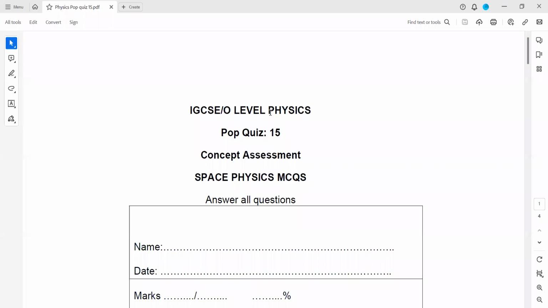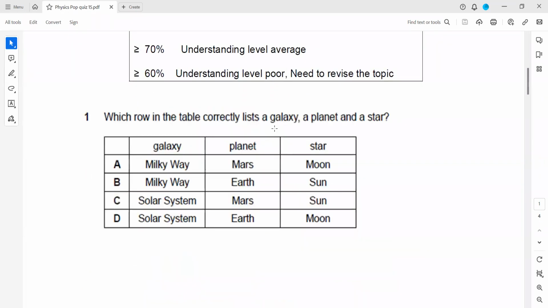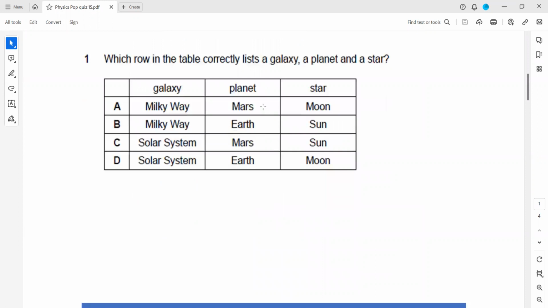So pop quiz 15, which was related to space physics MCQs. In the first question, which row in the table correctly lists a galaxy, a planet, and a star? Like an example of a galaxy, an example of a planet, an example of a star. So when we check option A,